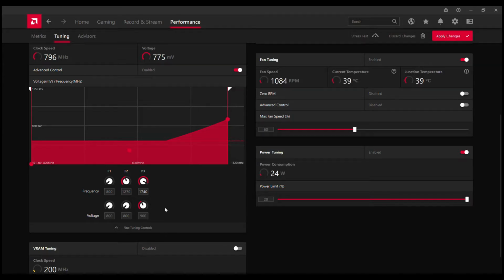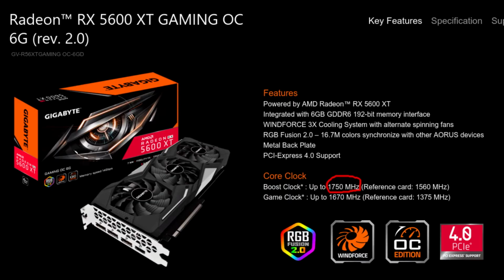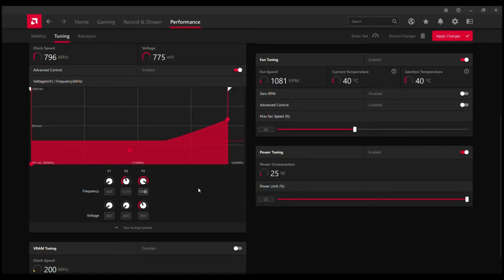But I don't think this much low is necessary, because in case of my vendor, which is Gigabyte, maximum boost clock is 1750 megahertz. So you need to check your vendor site, check maximum boost clock, and set the frequency in P3 state as much as your vendor recommends in maximum boost clock.